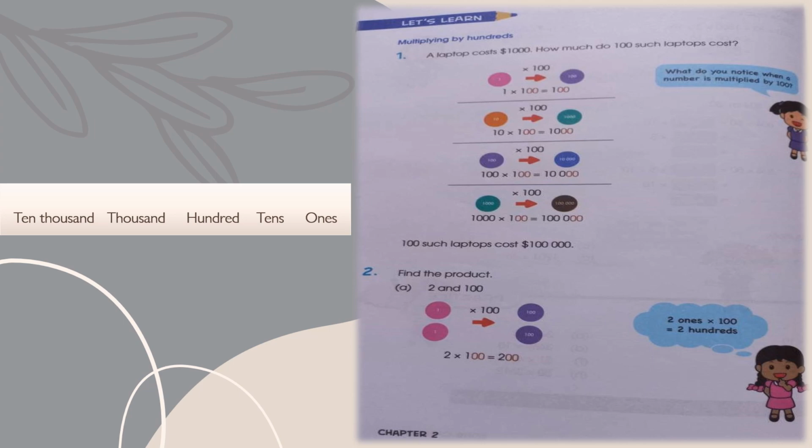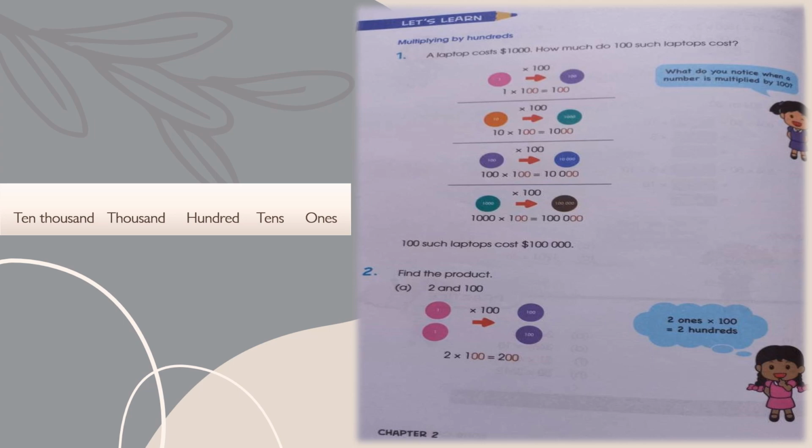If we multiply 10 with 100, a 0 will add up in the answer and it becomes 1000. If we multiply 100 with 100, it becomes 10,000 with 4 zeros. Similarly, if we multiply 1000 with 100, then 3 zeros add up and it becomes 100,000. So, the answer is